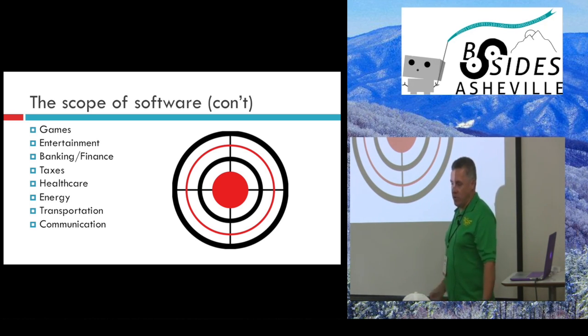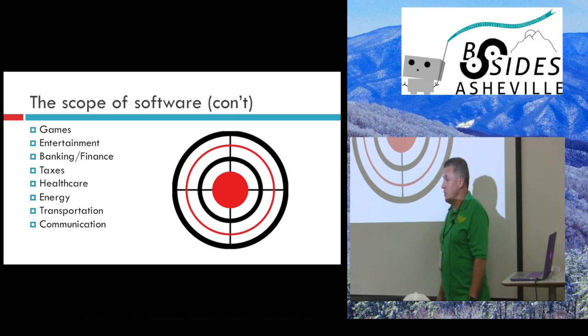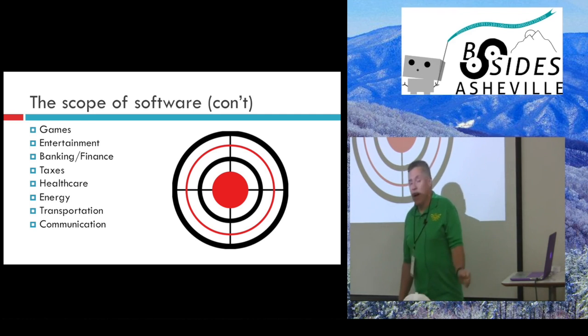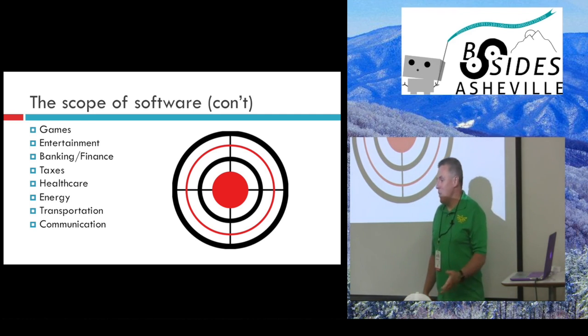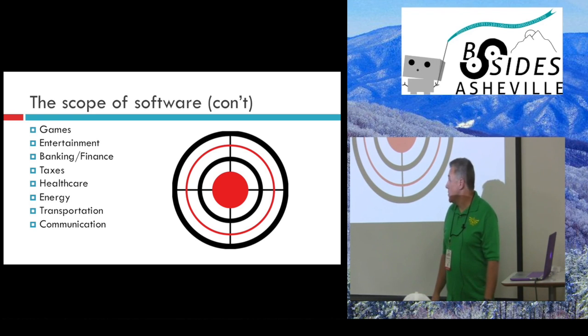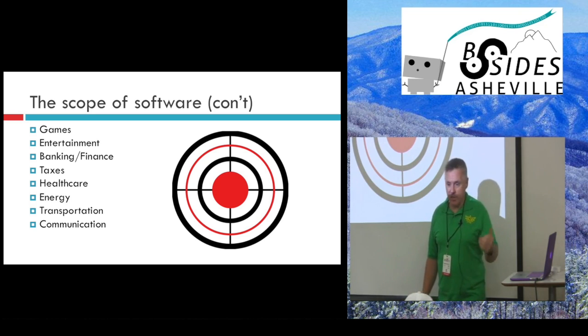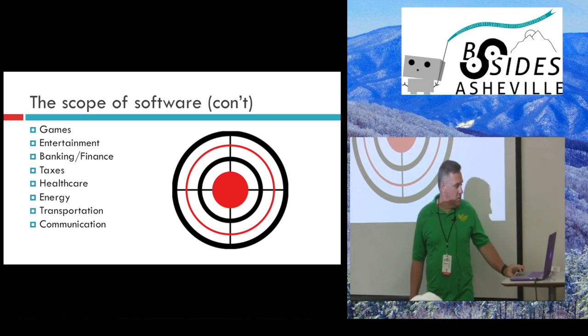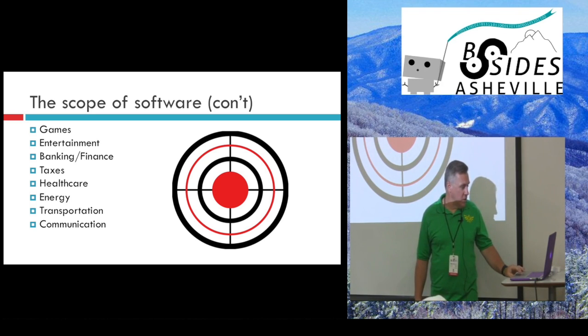Transportation, cars. Look at the new Tesla. It drives itself pretty much, as long as you're not sitting in the back watching a Harry Potter movie at 9 miles an hour. Communication devices, we've all got them. I see dozens of cell phones in the room. We're streaming this broadcast live out to the whole world. So lots and lots of things going on there.